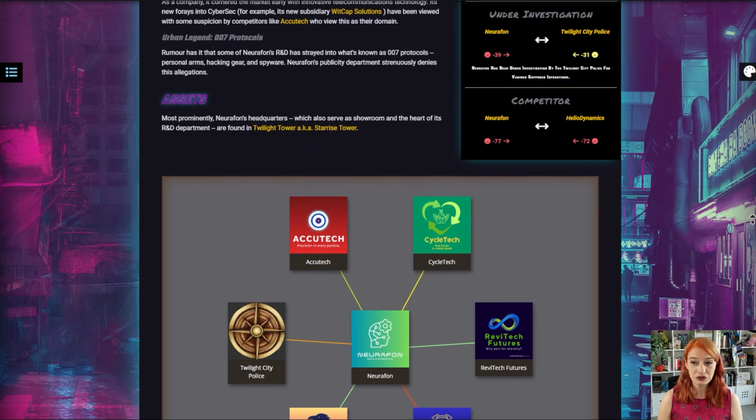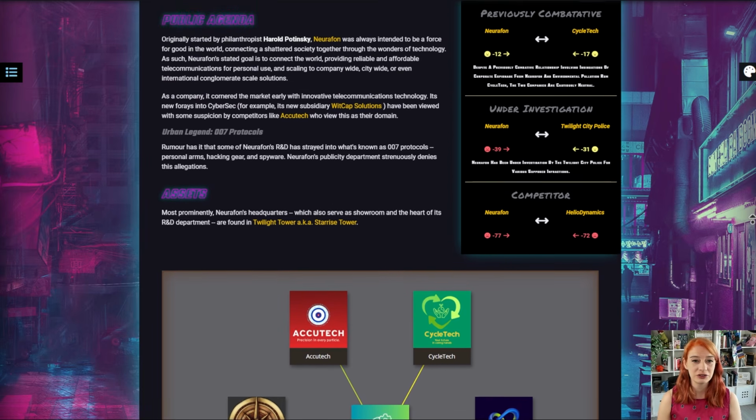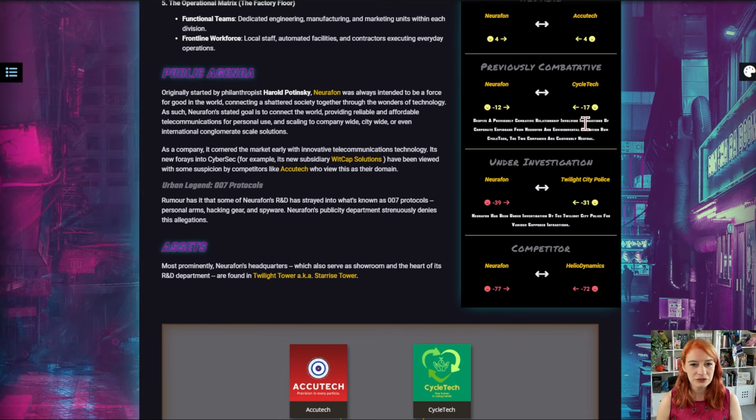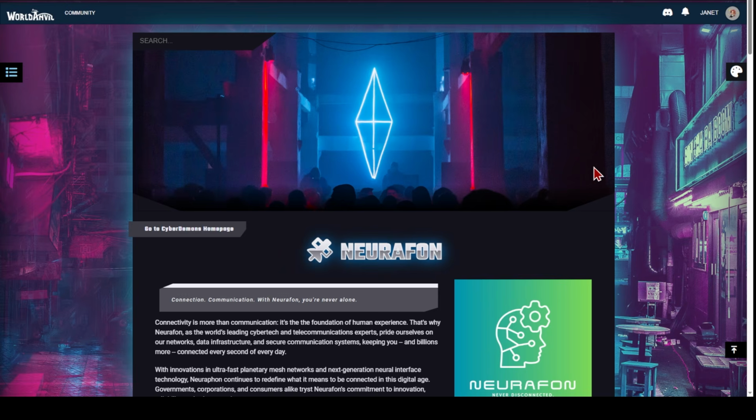As part of the same feature, you can show or hide the exact nature of the relationships between your organizations in the sidebar, like this. You can even add notes to keep track of why they love or hate each other. In this tutorial, I'm going to take you through how to build a diplomacy web just like this on World Anvil. So diplomacy webs are a feature of the organization template, which means to start with, you'll need some articles